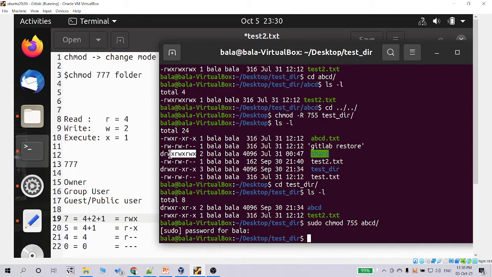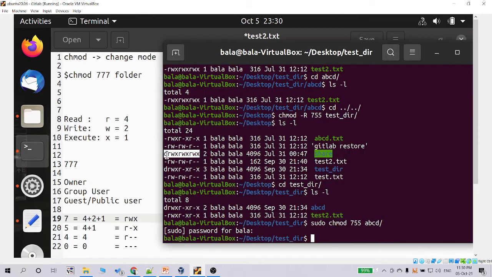So here you can see this particular folder has full permission. This is called 777. That means the first 3 are read, write, execute, the second 3 are read, write, execute, and the third 3 are read, write, execute. In the second example, you can see that the owner has read and write, and there is no execute permission.